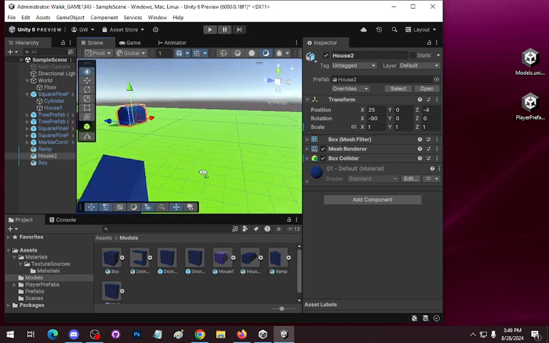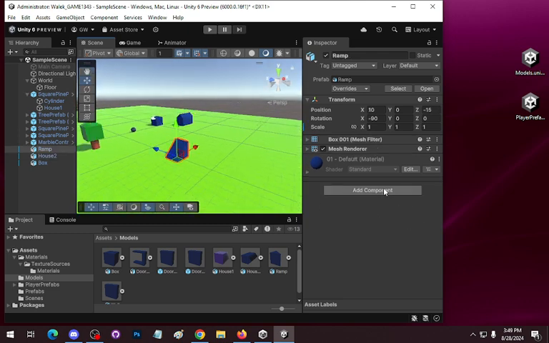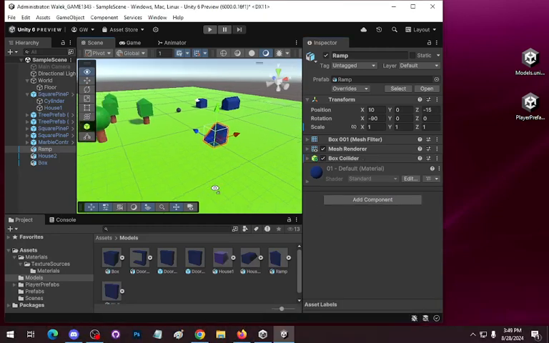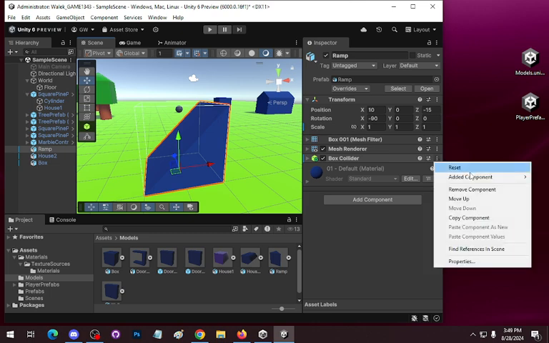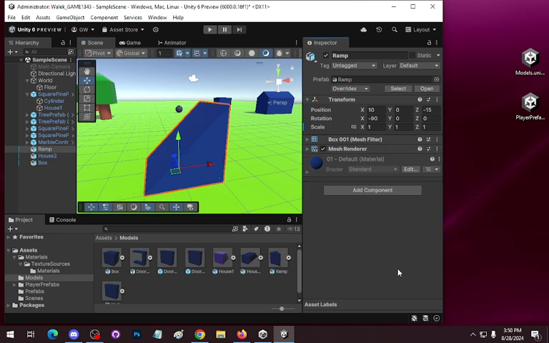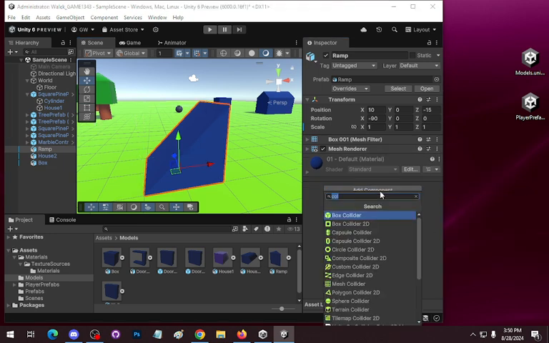Now for the ramp, again, I'll add component, I'll do box collider. You can see that I've got half of the ramp. The box is going to take up more space than it should. We can right click the three buttons right here, and we can use remove component. So for our purposes,